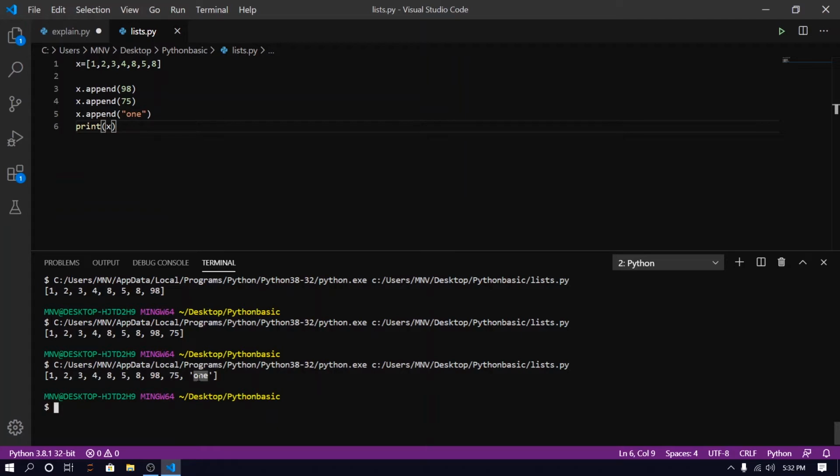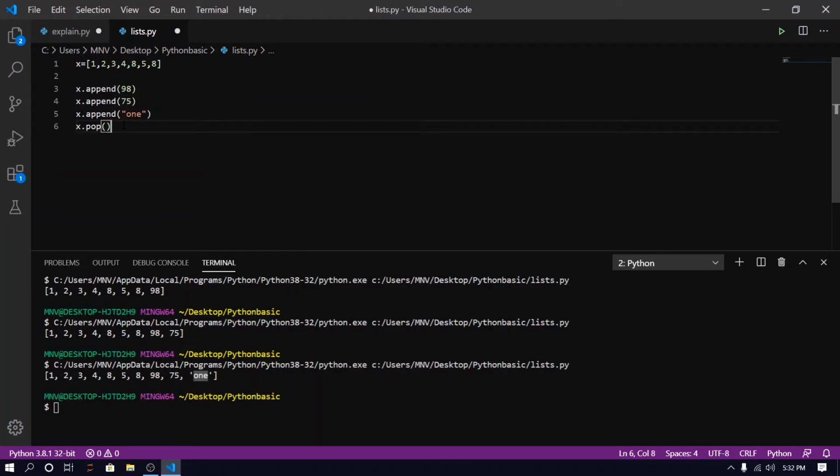Okay. So another thing: how can we delete data from our list? Okay, so for that we have one method that is called the pop method. So I can do it like this: x.pop() without passing any parameters or arguments.